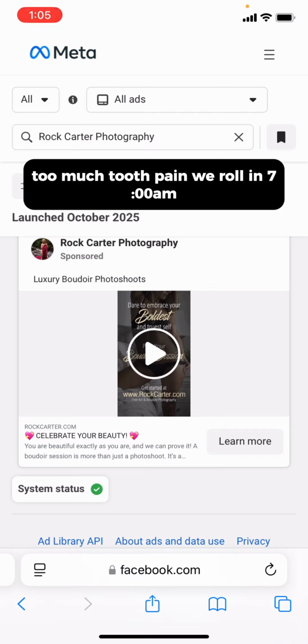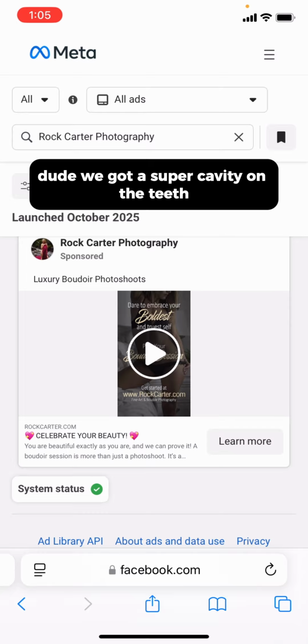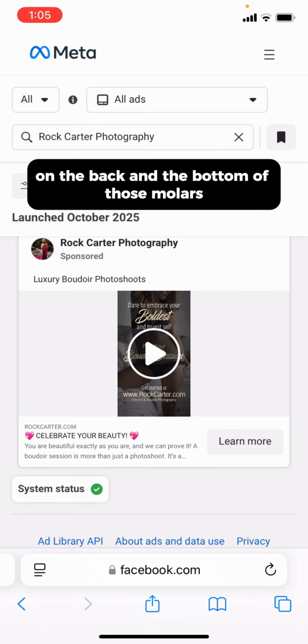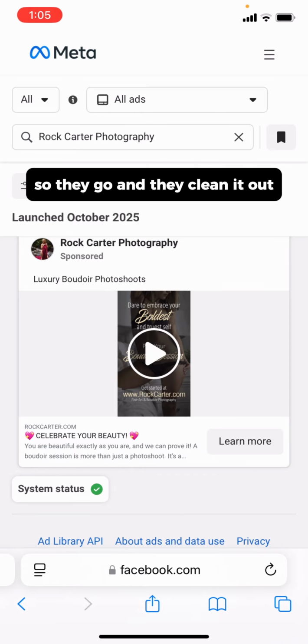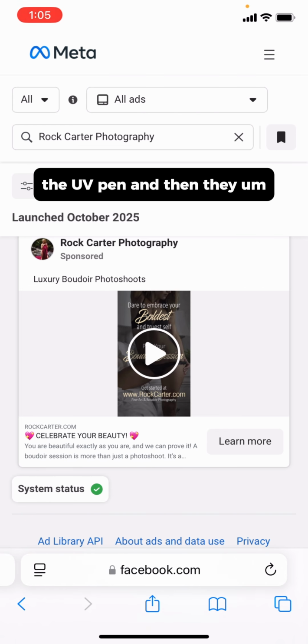We roll in 7:15 a.m. They do the x-rays. They say, oh man, dude, we got a super cavity on the teeth, right side of our mouth, on the back and the bottom, on those molars. So they go and they clean it out. They fill it with the resin stuff, the liquid resin stuff. They put the UV pen on it. And then